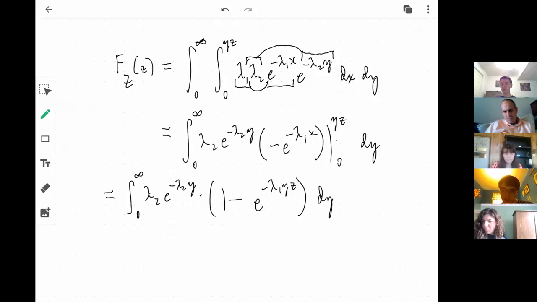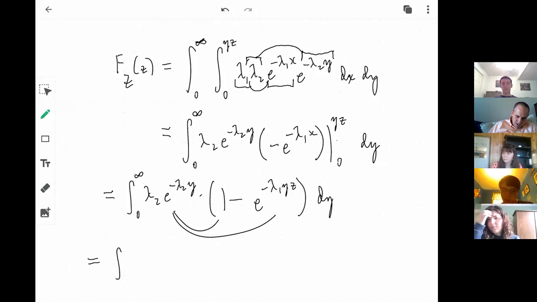Okay? Once again, I could distribute this thing through here. What's going to happen if I do that? Well, it's going to be the integral from 0 to infinity, lambda 2 e to the minus lambda 2 y dy